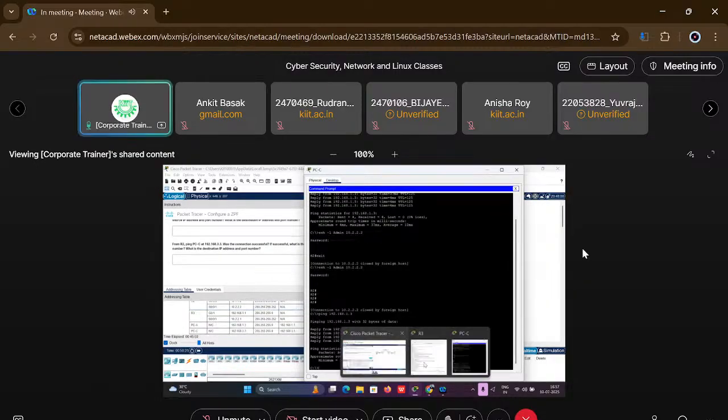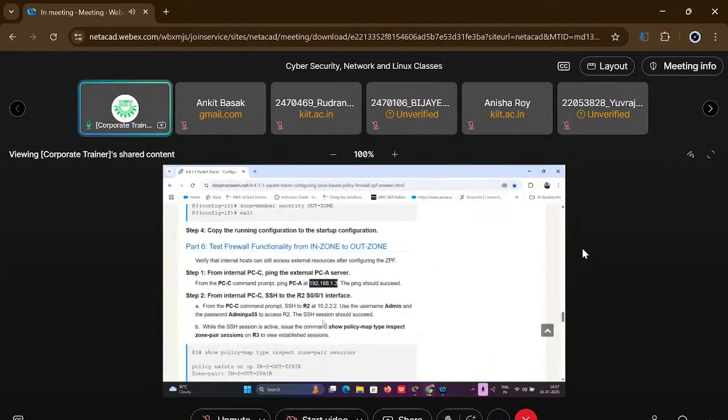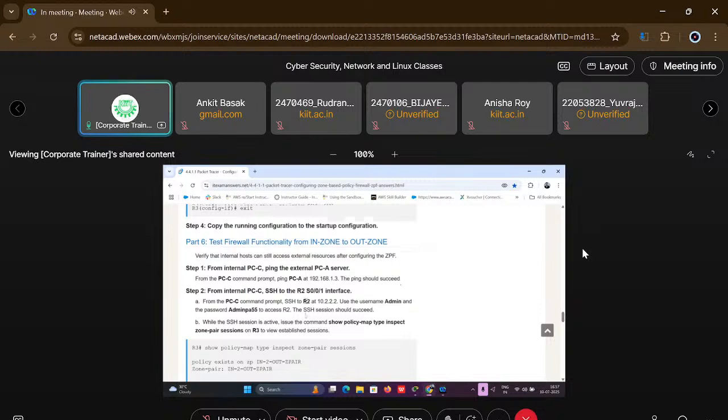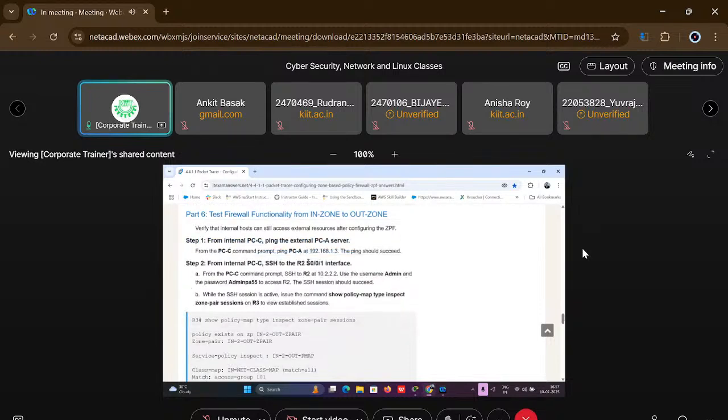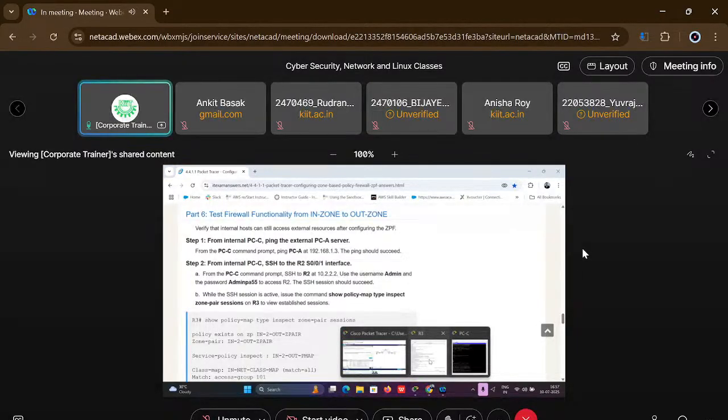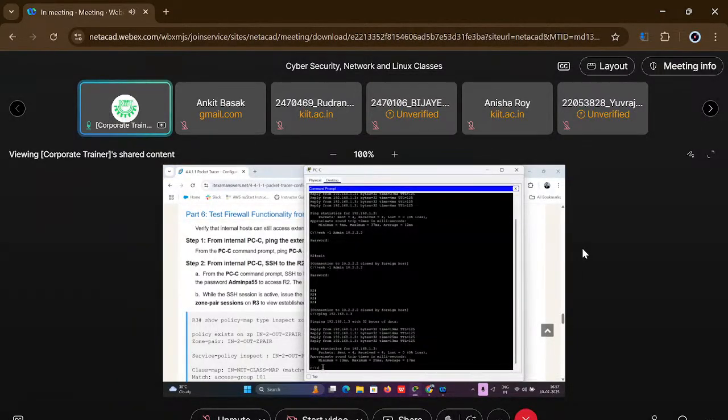Next case is that here let's see. And the next case, what you will do, you have to go to the PCC and connect by SSH to the serial interface SE 0/0/0 interface, right? So how to connect with SSH, you all know that already, right? We did this earlier too. So take ssh -l. Let me show by doing it. Stay in R3. What will you write as the command? ssh -l admin